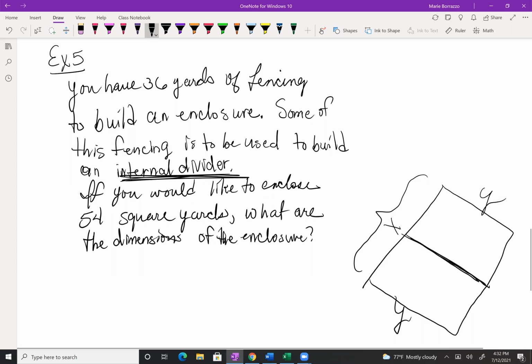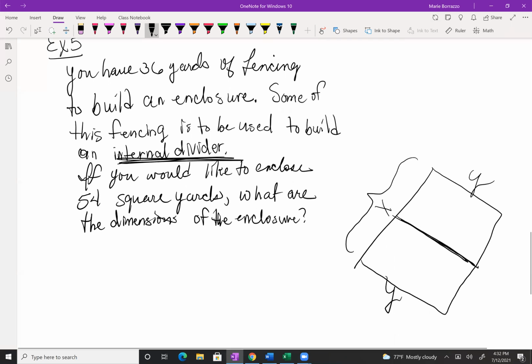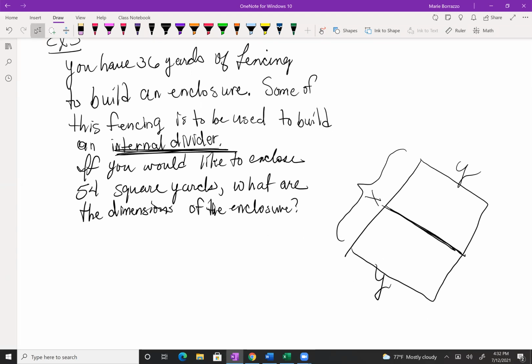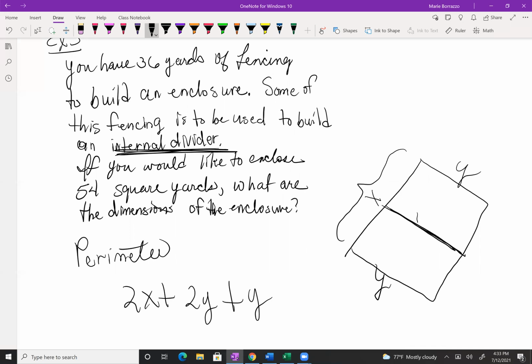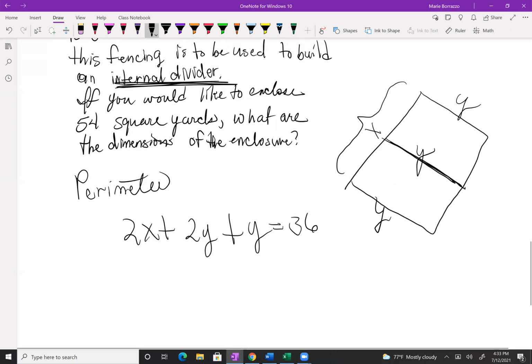So when you look at this, I want you to think of a couple of formulas you're going to need. So first thing you're going to need is the perimeter formula. So if you think of the perimeter and you think of the fact that this is X, you have 2X plus 2Y plus a third Y. The third Y is the enclosure. And this has to equal 36. So that means that 2X